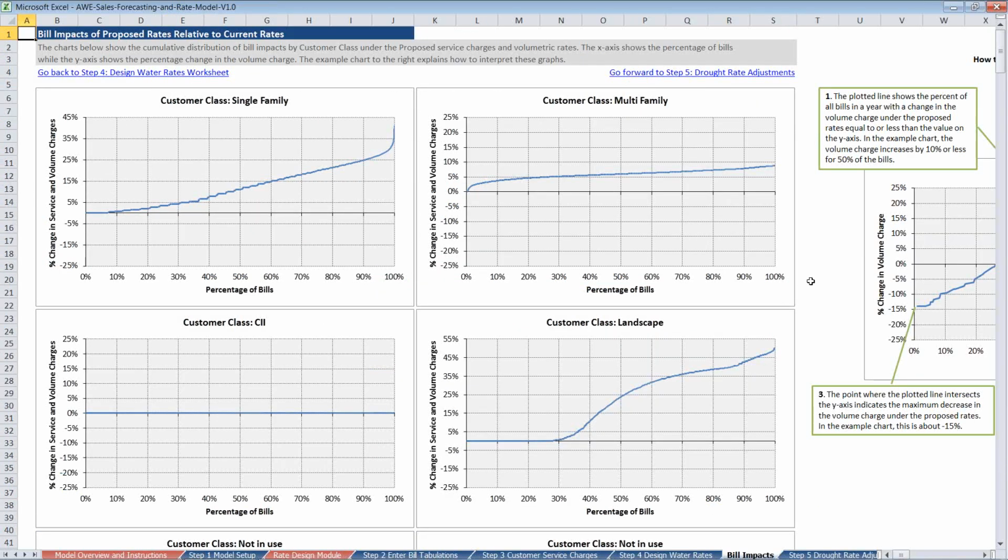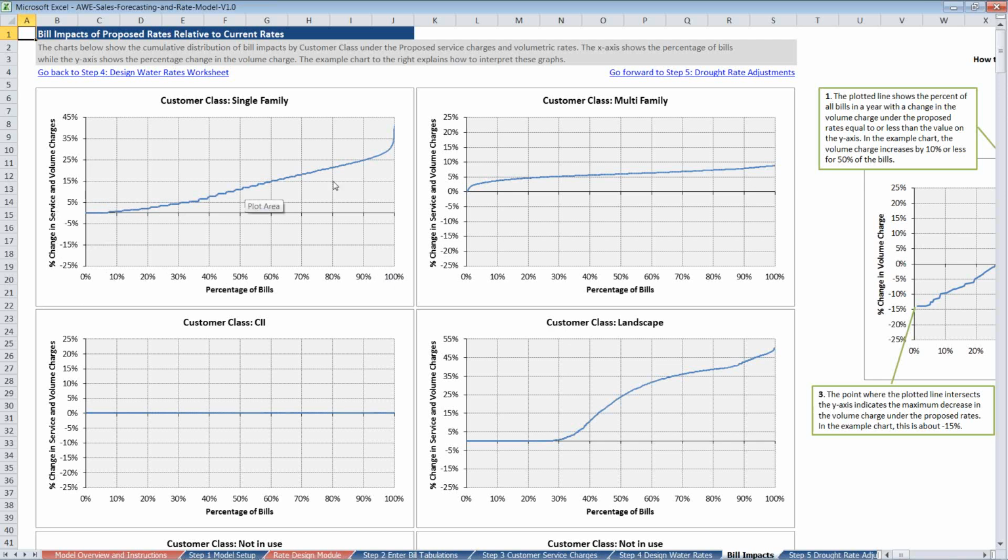So I will move to the next sheet, and this again shows the bill impacts for the different customer classes. So we have single family, multifamily, and landscape. And it shows the percentage of bills on the x-axis down here, and then the percent change in service and volume charges.